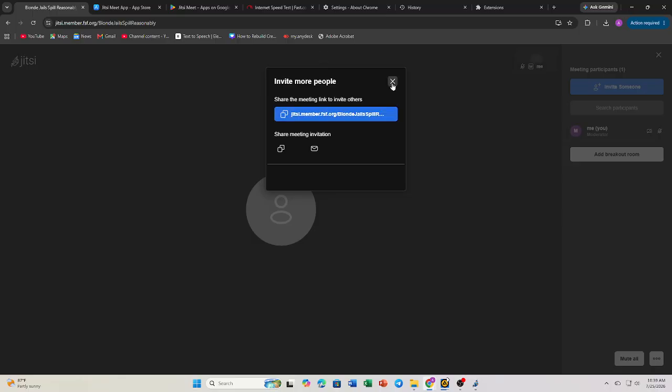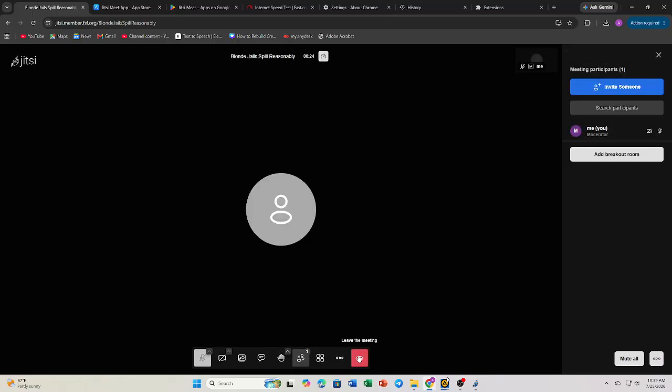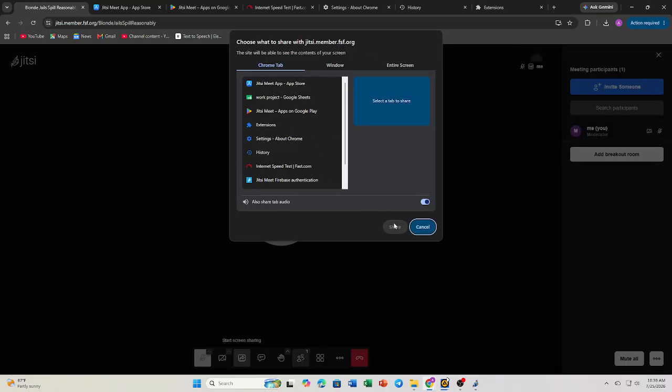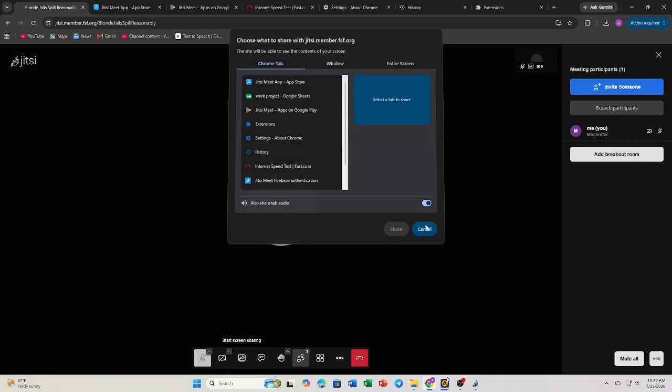Finally, when the meeting is over, click the Leave Meeting button to exit. If you're using a shared computer, close your browser tab after leaving to help protect your privacy, and that's it. You now know how to use Jitsi Meet in a web browser and host or join secure online meetings without